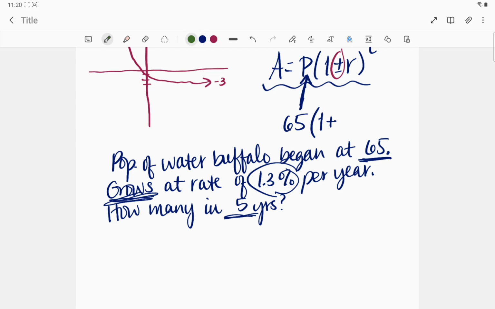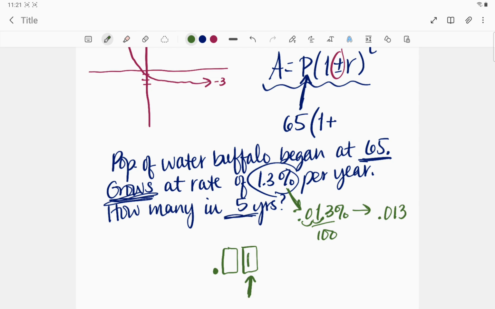So the rate at which the population is growing is 1.3%, but we have to convert that to a decimal. So remember, converting a percent to a decimal means dividing by 100, which really just moves the decimal place backwards 2 spots, because when you divide by 100, you just bring the decimal back. So 1.3% is 0.013. One other thing that just kind of helps me is when we're talking about percentages. So these are not zeros, these are like decimal places. Okay, here's the decimal. So there's one place. This hundredths place right here